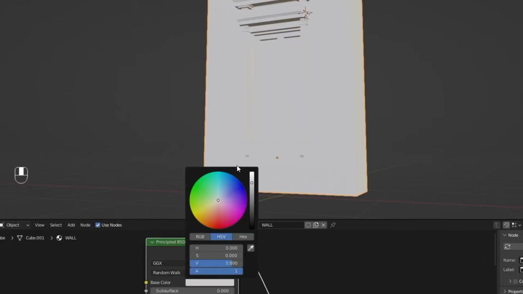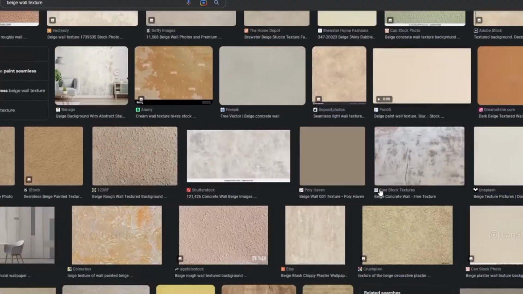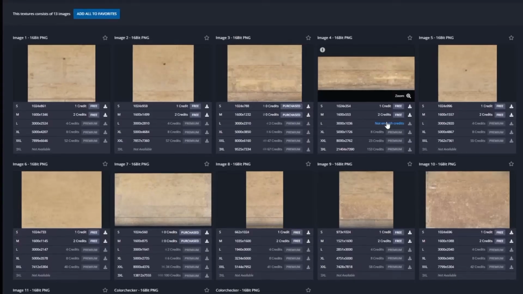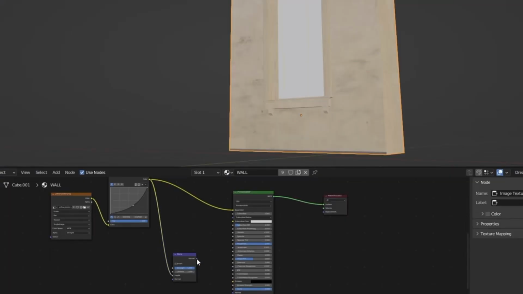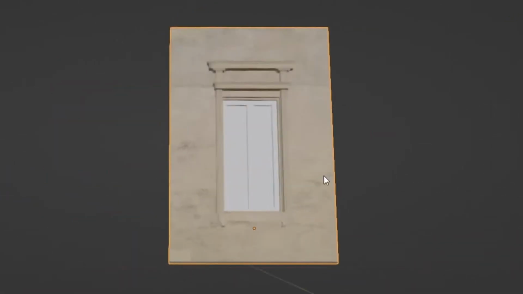Use image textures instead of flat colors, plugging them into base color, roughness, and a bump map. For surface detail, connect your texture through a bump node and into the normal input to add fine-grained brick irregularities and subtle erosion. If textures stretch when you duplicate modules, use Smart UV Project or manually unwrap, then adjust scale